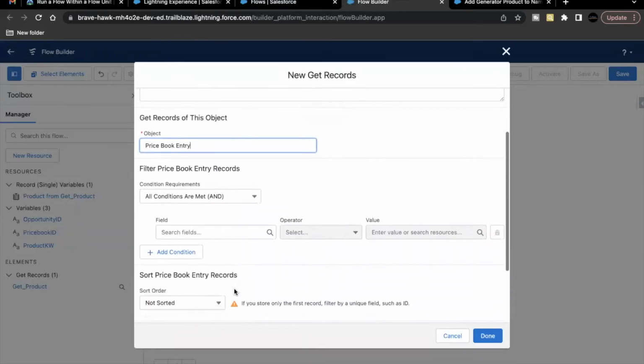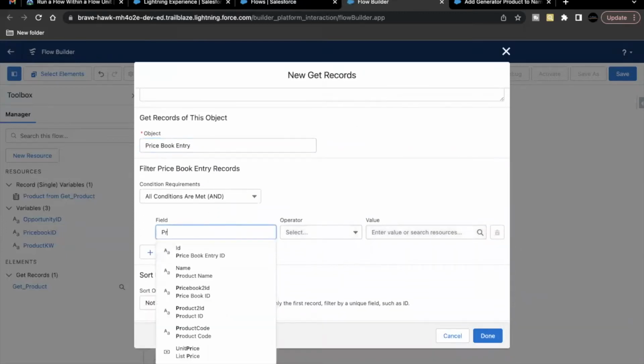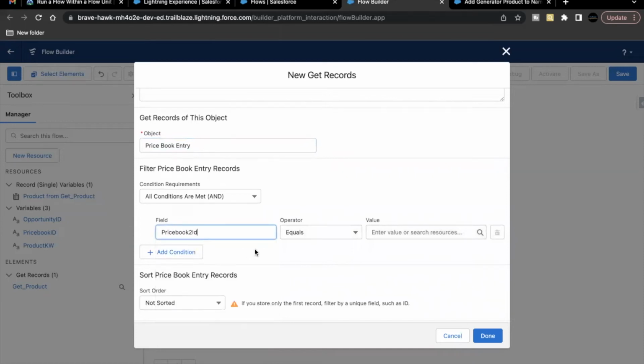Condition is where price book... So here we are associating our price book entry to the price book whose ID is stored in this text variable which we had created a few minutes back. On the left hand side you can see this variable right now does not have any value, but when we associate this auto launch flow to our main flow, then this price book ID variable will hold some value coming